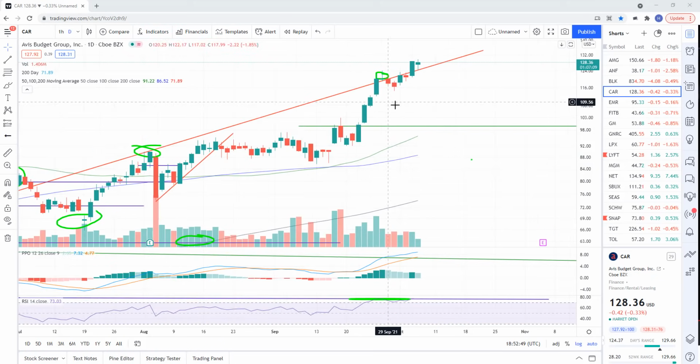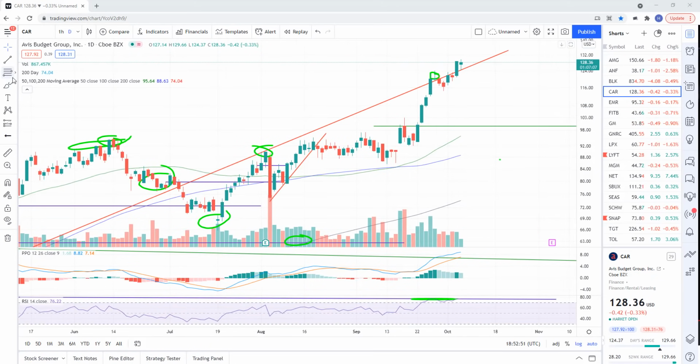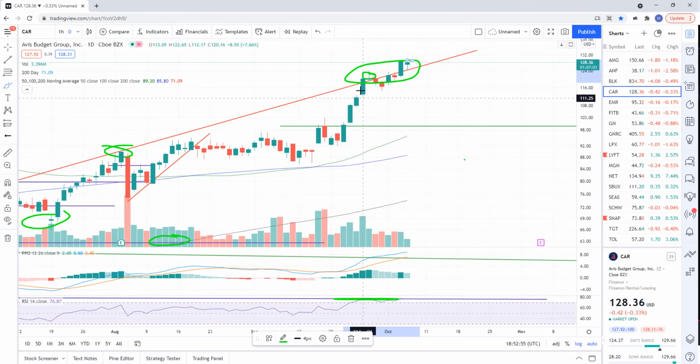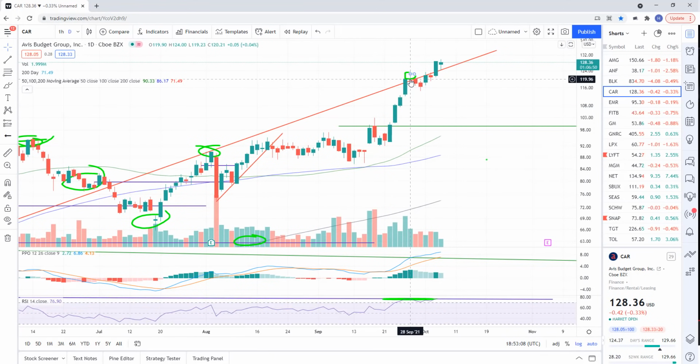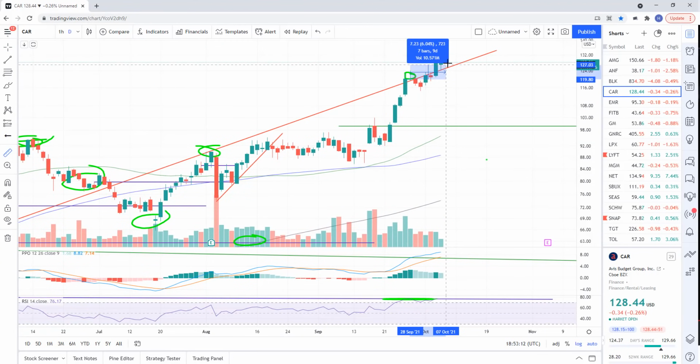Cover car. I'm still short this thing. We're just treading water right here, pretty much at resistance, very similar to Tesla. We're not really breaking out above this trend line. I think we're going to get rejected, but this is likely just some running of stops and stuff. Again, shorted it right there on September 28th. So we're underwater a little bit on the trade. We're down by about